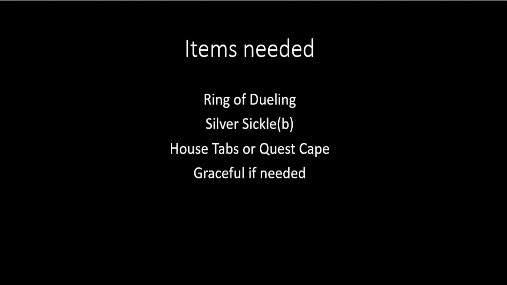Items you're going to need: a Ring of Dueling, the Silver Sickle (b) that you get from Nature Spirit, house tabs or Quest Cape, and Graceful. You really want it, even if you actually don't. The Ring of Dueling is for tanking and for restoring your health and prayer points. The sickle is obvious because you need it to do the actual blessing to get the fungus, and the house tabs or quest cape